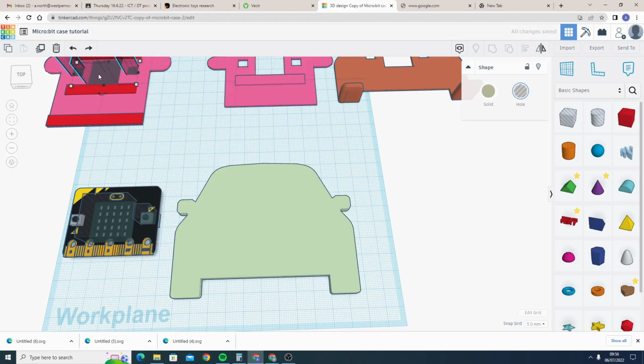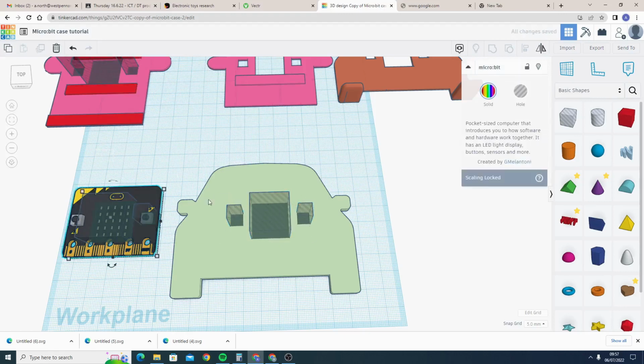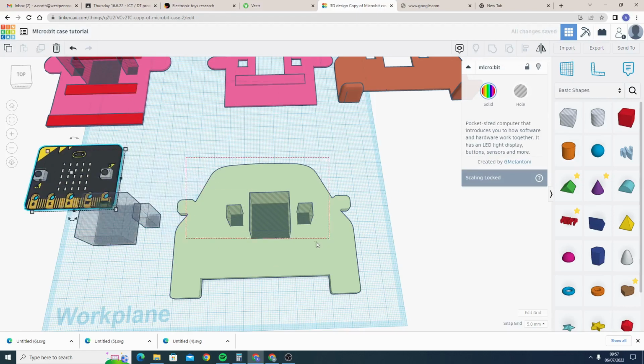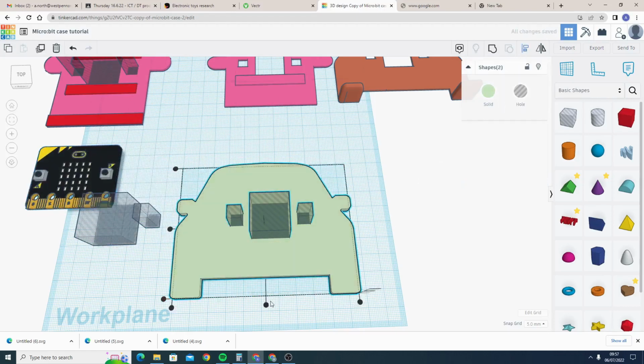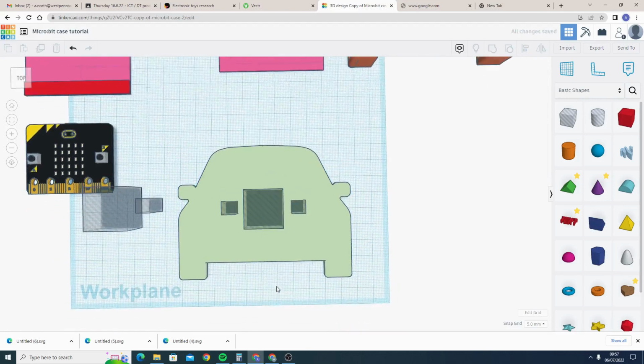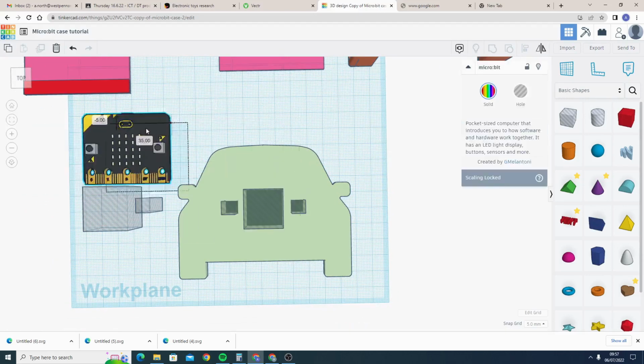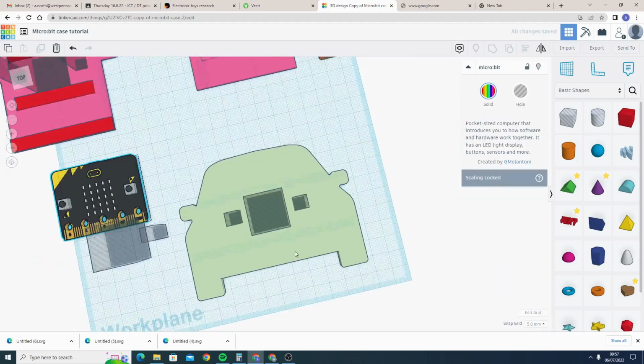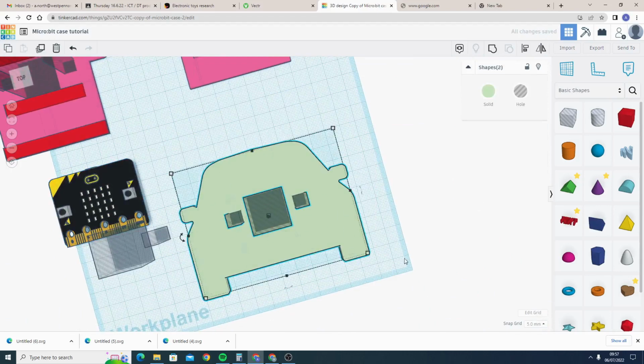You can import that as an STL. So I'm just going to copy that, duplicate this, and put it in where the appropriate place is going to be. Just double check that it's going to be roughly the right height. Yeah, that looks good. I'm going to line those two things up. Yep, that'll do, I reckon. Okay, and then I'm going to make sure that pokes all the way through. Yes, it does. Going to group those two together